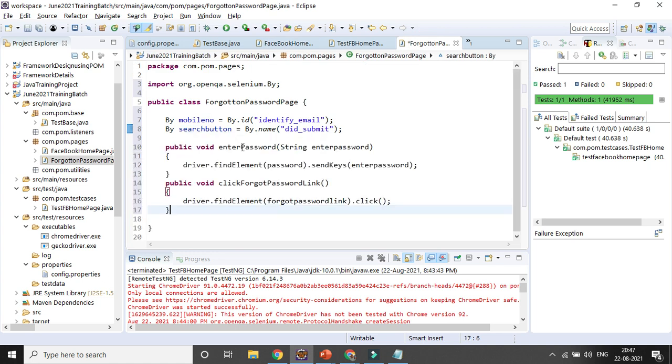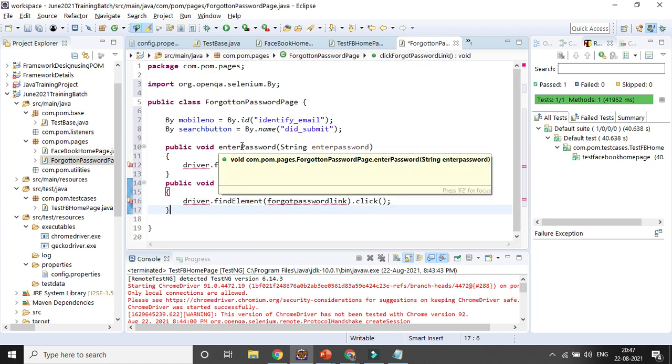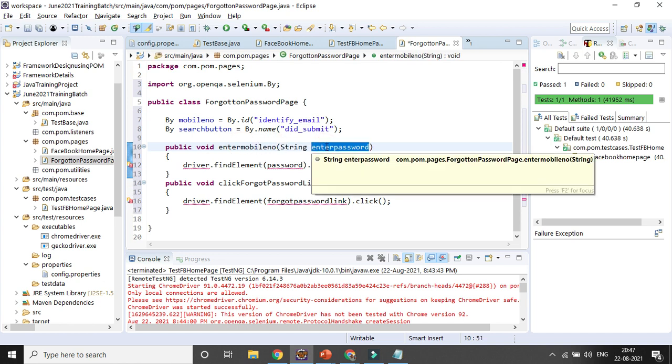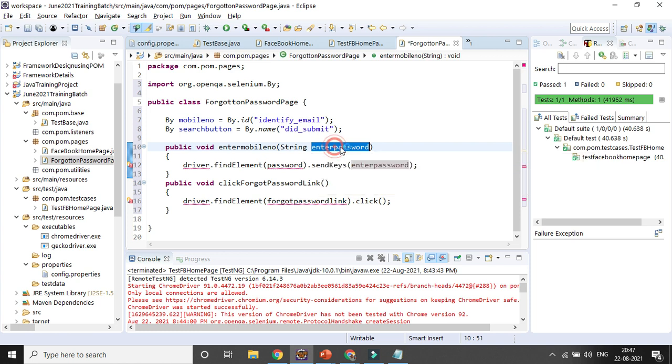Public void enter mobile number, same pattern you can follow. It is very easy to understand. I pass the number, using find element on my mobile number field.